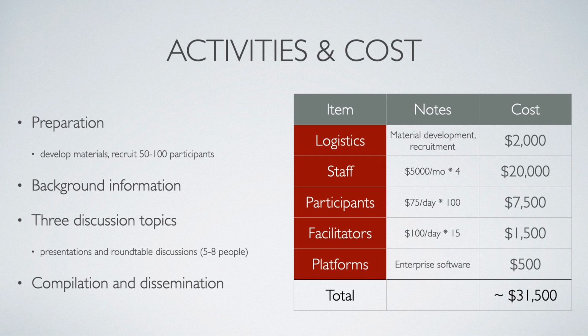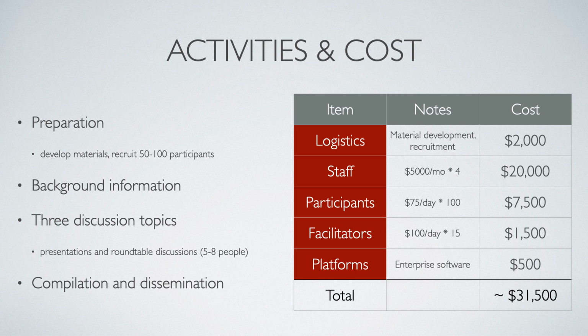As far as the actual event itself, prior to the event, there will need to be a lot of work consulting with experts, stakeholders, and decision makers to develop materials and recruit participants for the engagement event. The actual consultation activity will aim to engage 50 to 100 representative residents of El Paso County through multiple sessions over a one-day period. These sessions will include general background information on vaccine passports, as well as 3 discussion topics on governance, privacy, and equity/accessibility, each with their own mini presentation and facilitated roundtable discussion.